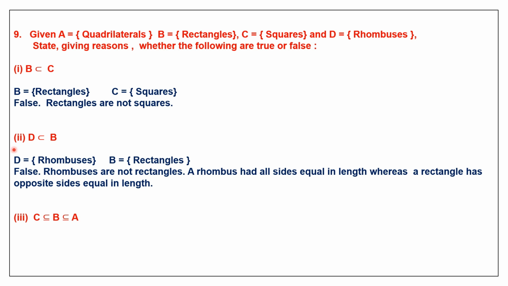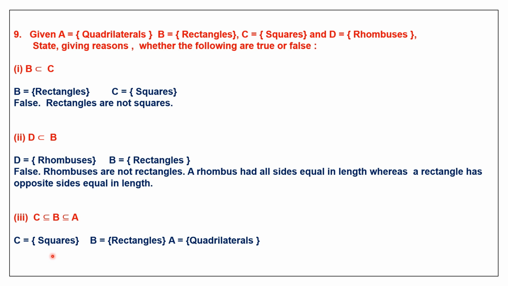Question 3. The statement says C is a subset of B, which is a subset of A. Let's write down all the elements of sets C, B, and A. C is a set of squares, B is a set of rectangles, and A is a set of quadrilaterals. Now here it says C is a subset of B. That means squares are part of this set of rectangles. Now squares can also be rectangles,